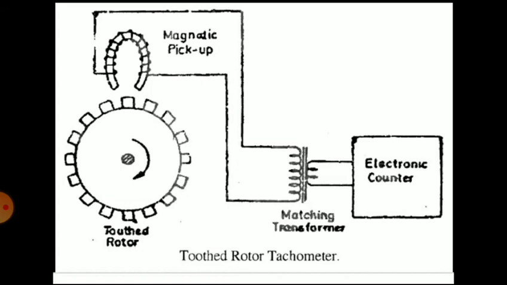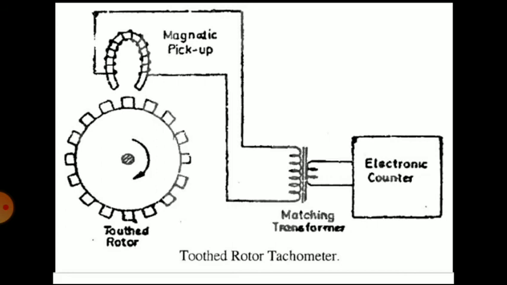A magnetic pickup consists of a housing containing a small permanent magnet with a coil wound around it. When the rotor rotates, the reluctance of the air gap between the pickup and the tooth rotor changes, giving rise to an induced EMF in the pickup coil. So when the shaft rotates, an EMF is induced in the magnetic pickup. This output is in the form of pulses with a variety of wave shapes.